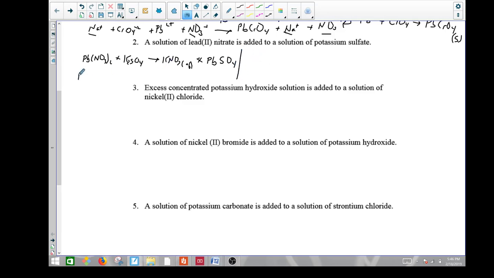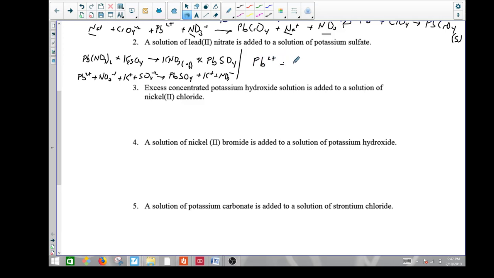I'll put this below over here. Pb2+ plus NO3 minus 1 plus K+, everything's dissolved, plus SO4 minus 2 yields PbSO4 plus, then my two spectators, K+ NO3 minus. Removing my spectators of the potassium nitrate, my net ionic equation is Pb2+